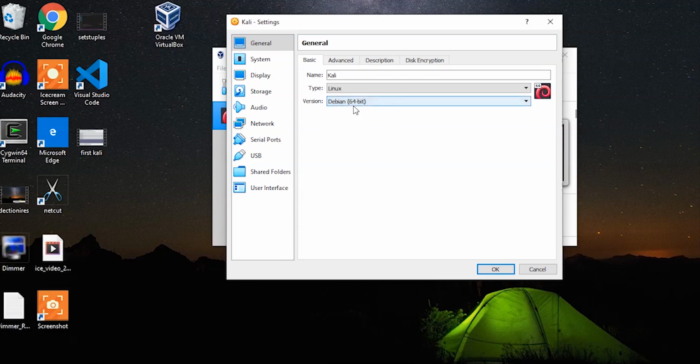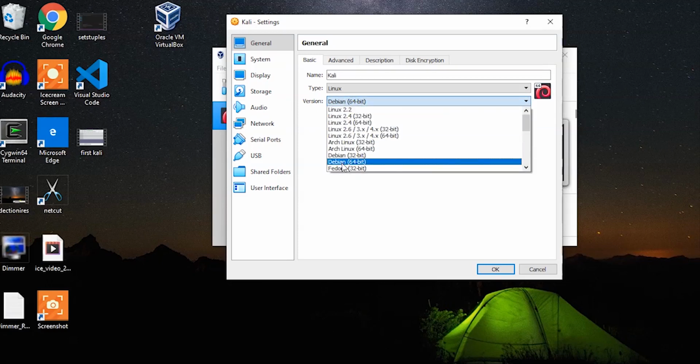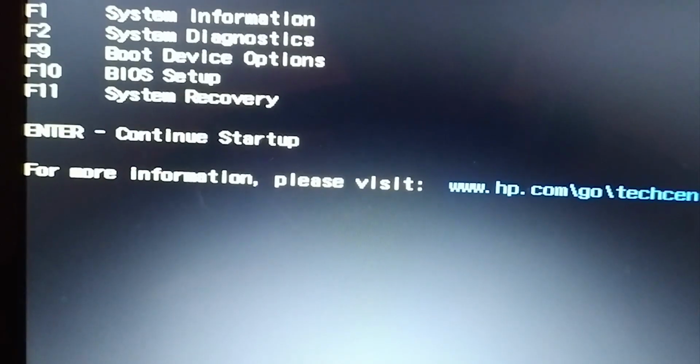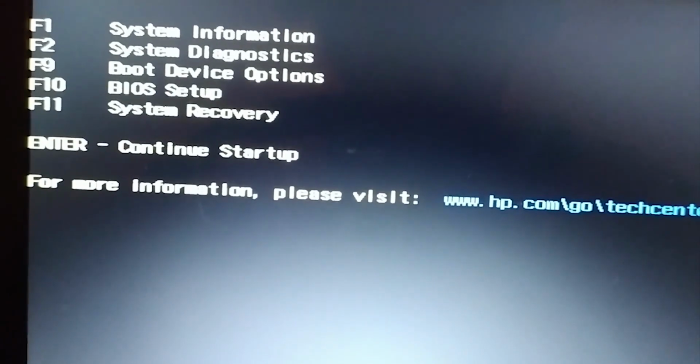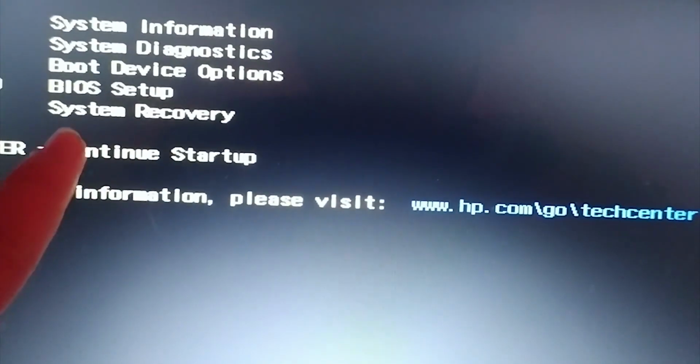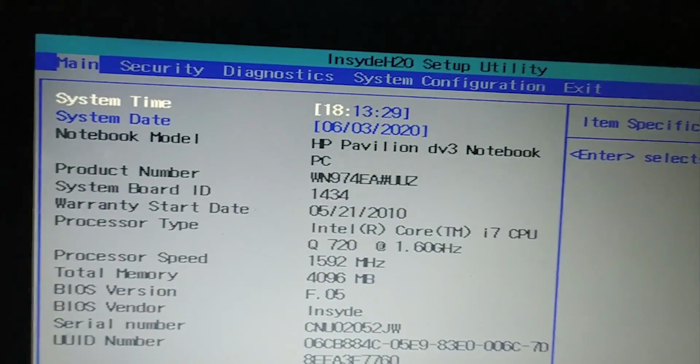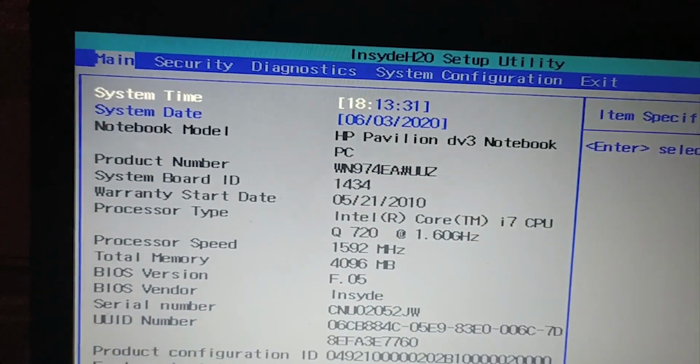If you don't find this here, what are you gonna do? You will restart your PC. Click on the escape button on your keyboard and follow this video. As you can see here, you will enter the BIOS setup with F10. I'm gonna click on F10 here, and as you can see here, this is the BIOS,